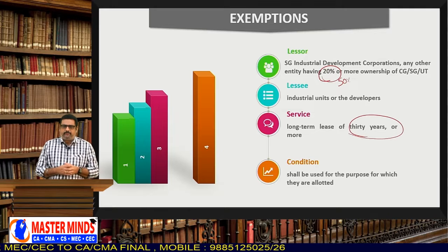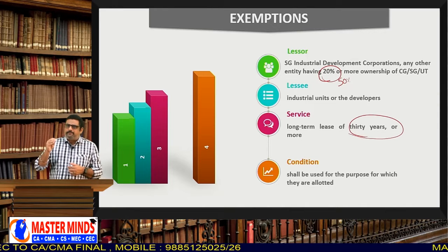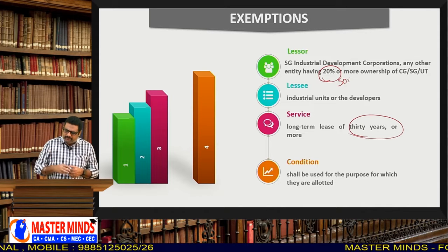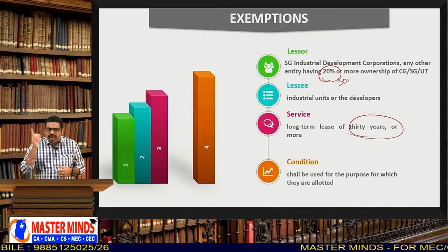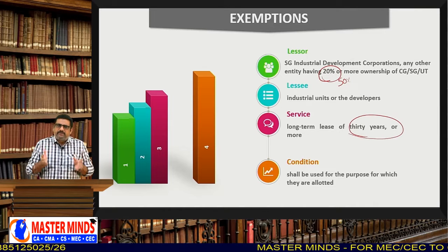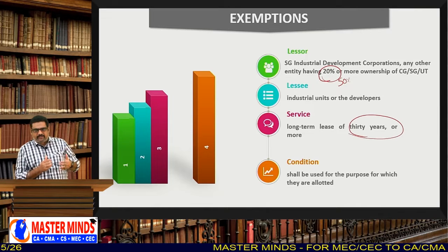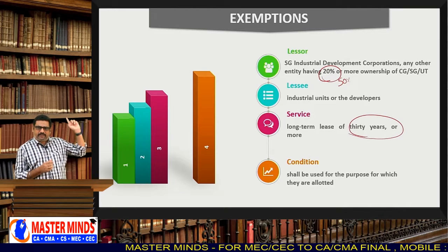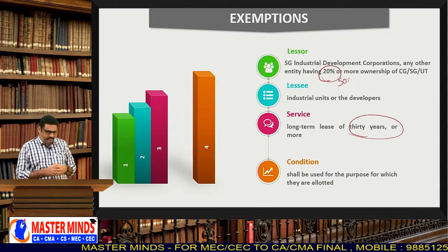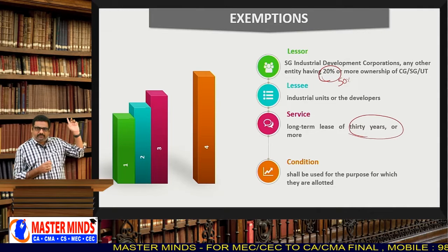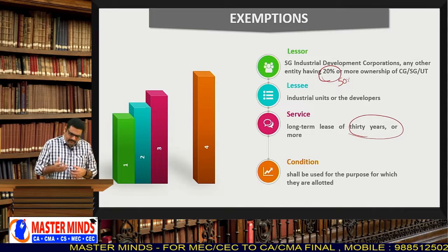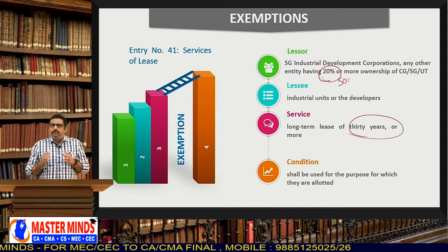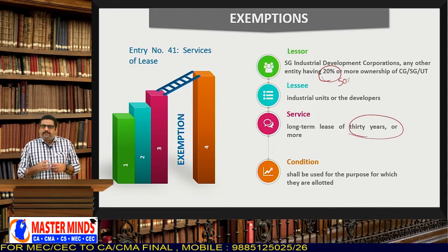But in order to claim the exemption, the particular land should be utilized for the purpose for which the lease was given and allotted. For whatever purpose they asked the government to give them the lease, they should fulfill all those conditions specified in the terms and conditions by the government. And if all these points are satisfied, then definitely the entity can claim the